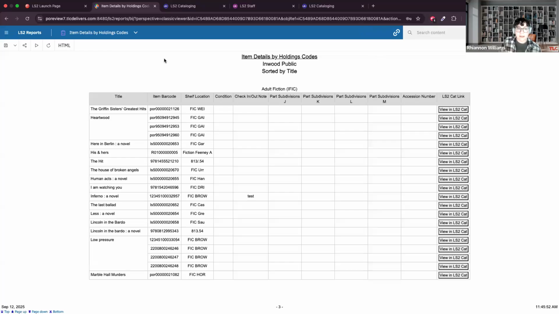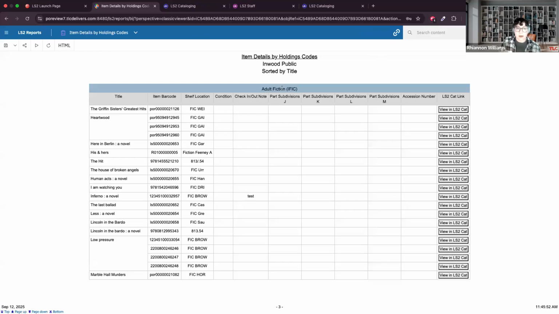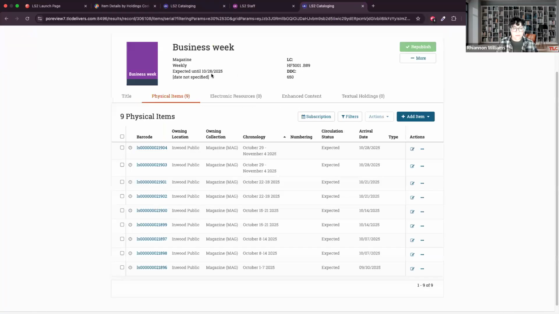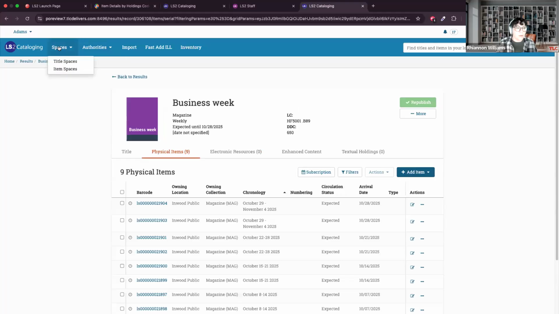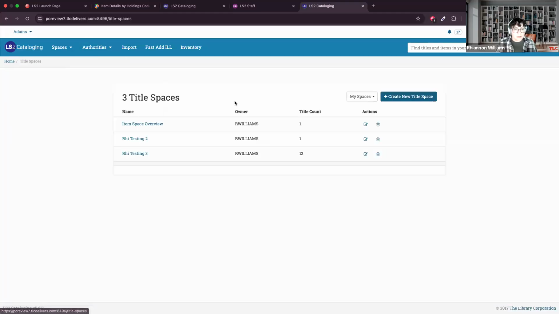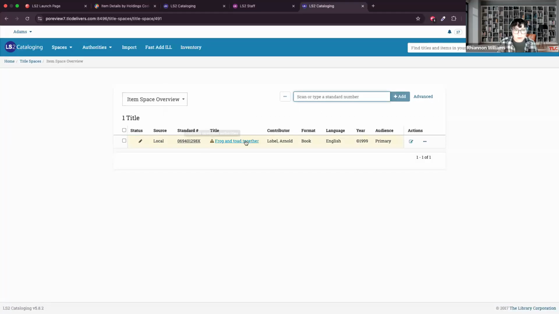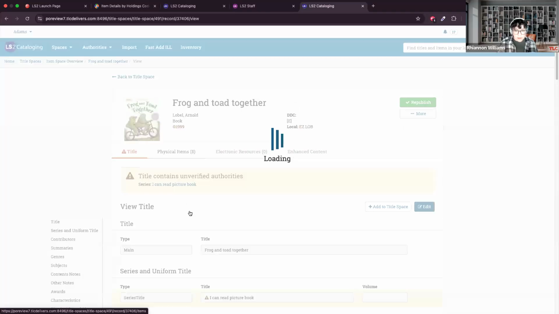All right, let's see next here. We have a question here in the Q&A from Mary saying, can you show what the item grid would look like if you included year, volume, and copy? For sure, I can totally do that. So let me hop back into LS2 cataloging to show what that looks like. I'll pop into this title and add